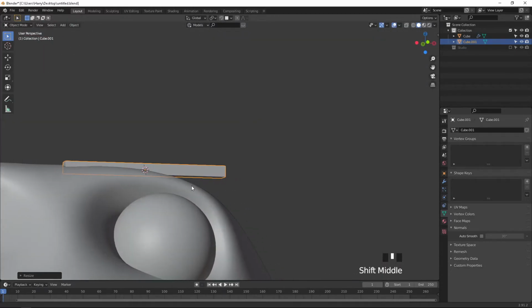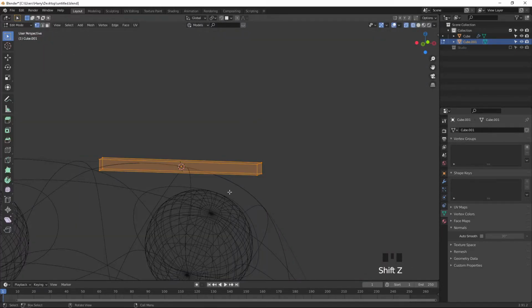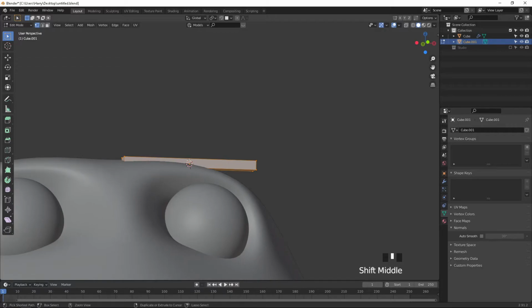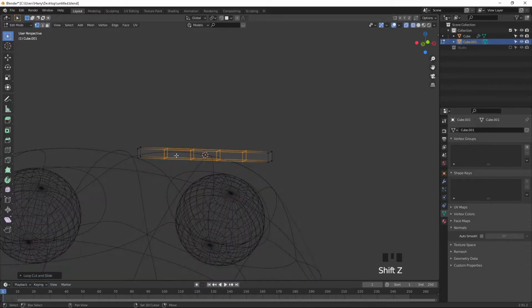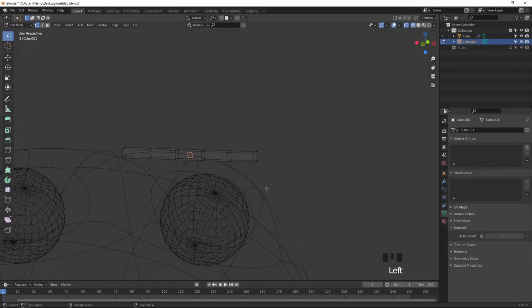So now we are going to make a design for this. Press Ctrl R, create 4 loop cuts, Shift Z and select this, use the magnet tool again, press G and use the control key to move like this.